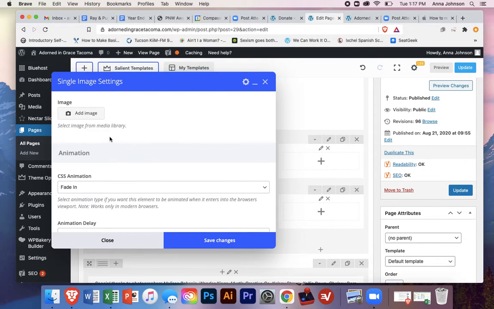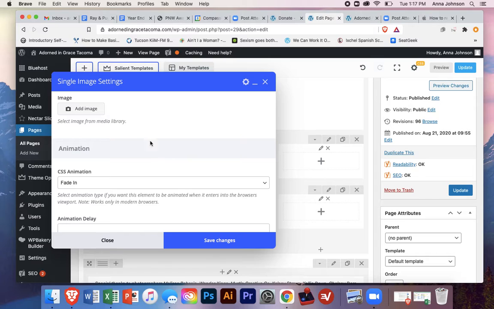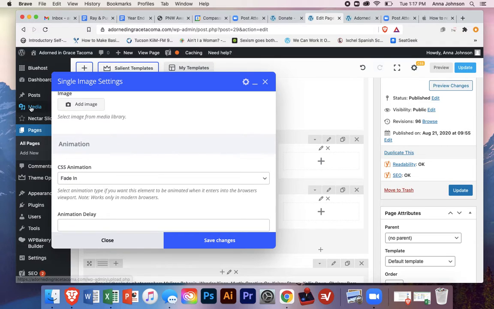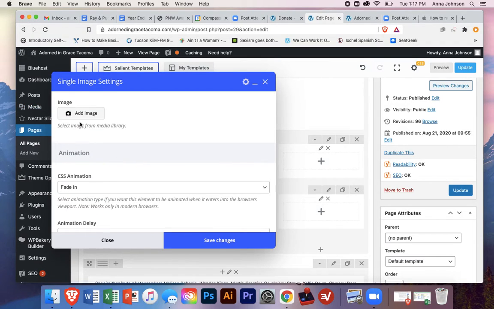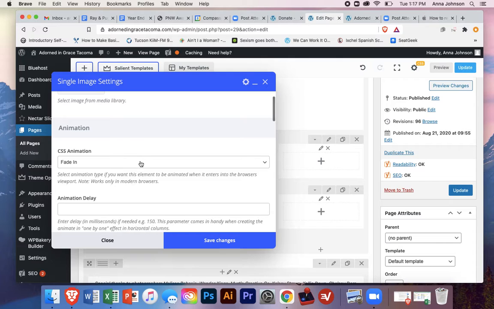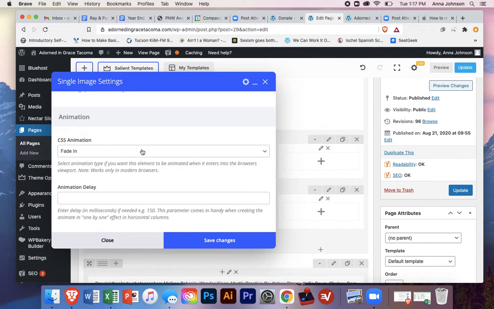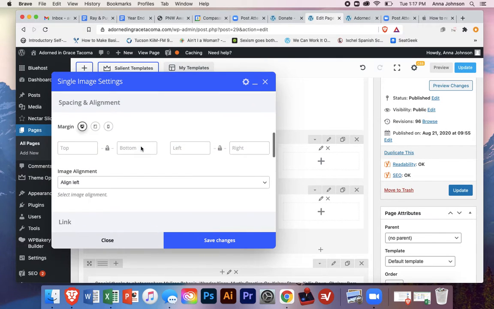And if I was really doing this, I would look at all the options. So I'd go to add image. I would already either have the image in the library if I added it through the media page, or I can add it just like right here, right now. If you wanted to add any animation to it, you can choose that. And then there's